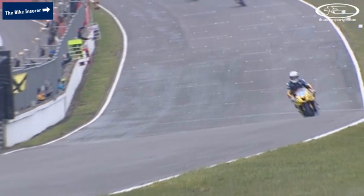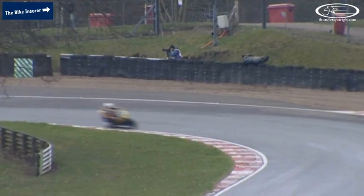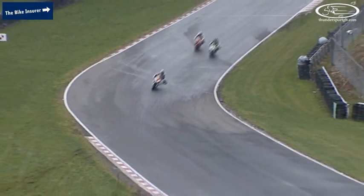A shame for Nick. Dan Freer comes across the line and sees the last lap flag. Sam Thompson still doing enough to hold on to second. Tom Whedon now moves up to third overall, ahead of Lee Williams. I'm not sure that'll be enough for him to take third away from him in the standings, or will it? It could well do. It's going to be between Lee Williams and Tom Whedon at this rate as they come